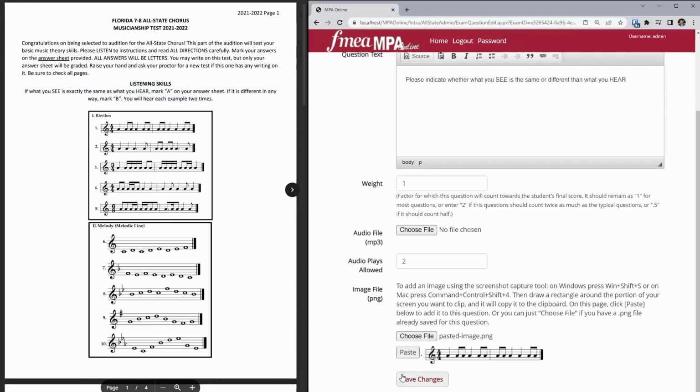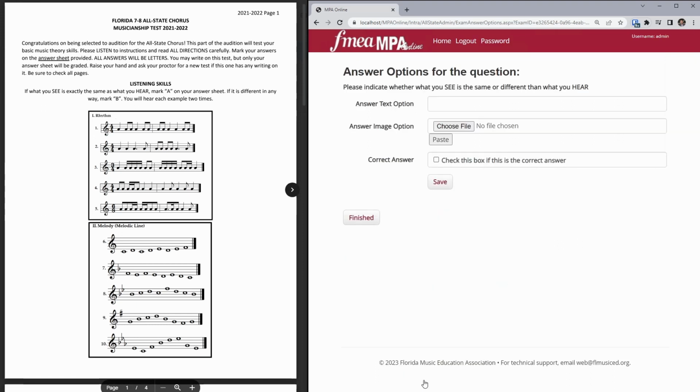There's no need to click the choose file button for the music notation image unless you would rather save all your notation images as a separate PNG file for each question. In that case, you can just click choose file and find the PNG file on your computer for this question. But I think using the screen clip keyboard shortcut and the paste button will be much easier and faster for you. That's everything for this question, so click Save Changes,